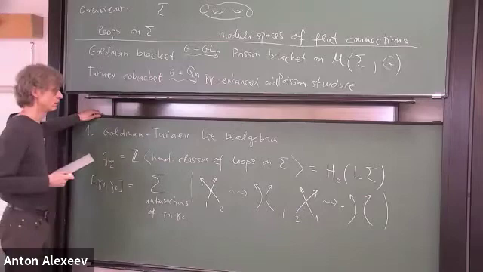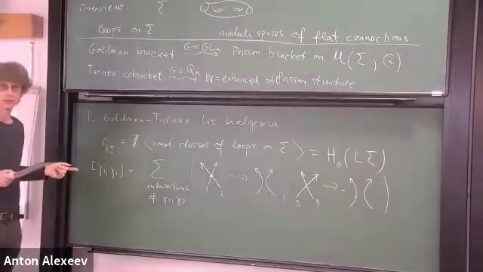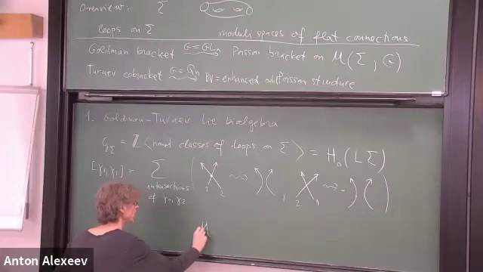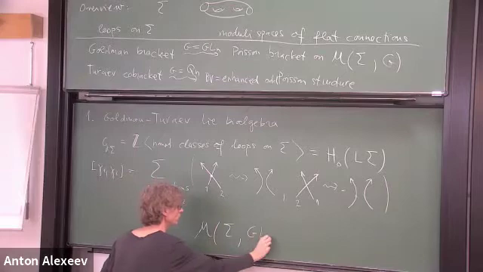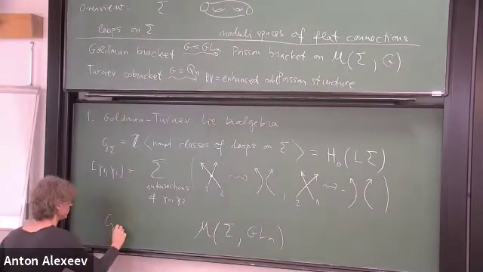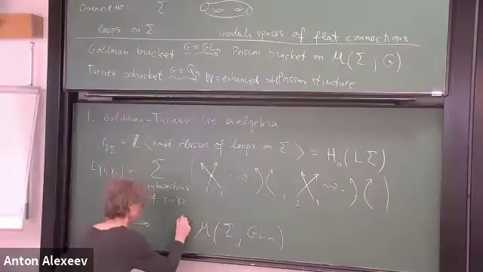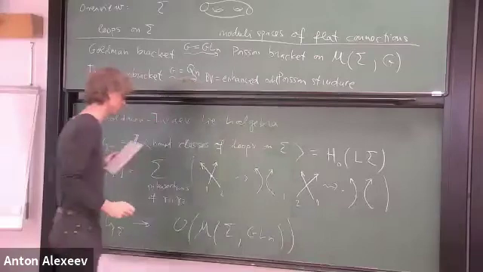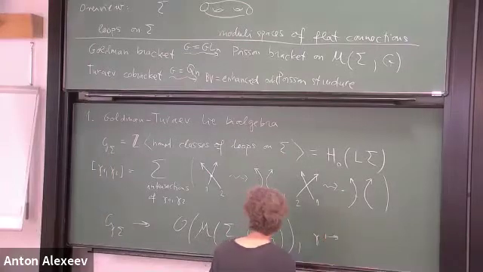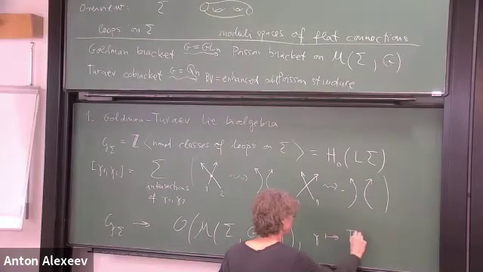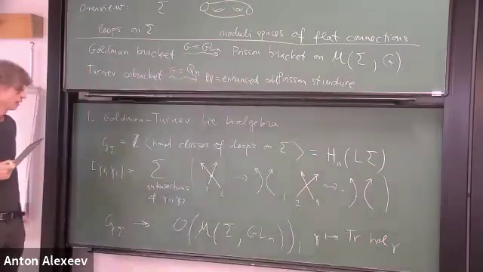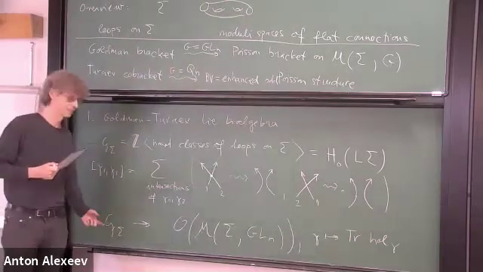Okay, and now if you take this moduli space of flat connections on sigma with the group GLM, then we have a map going from this Lie algebra, which is sigma, to functions from here, and which is given simply by sending a loop to the trace of these orthogonals along gamma. And that's about how Goldman discovered the Lie bracket here, that the statement